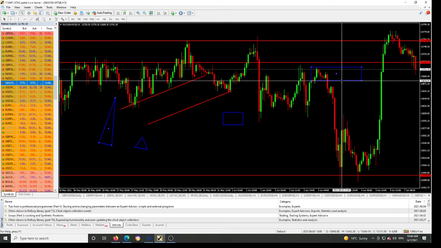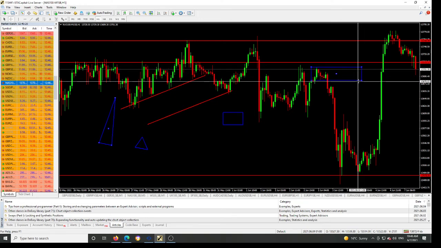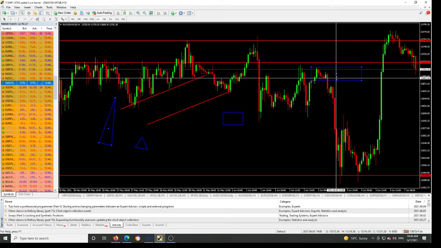So I can put it around there, showing me where exactly I want to enter and my stop loss, and that can calculate my stop loss for me. So if you look at that, that's about 28 pips. You see, from my entry to my stop loss is 28 pips,